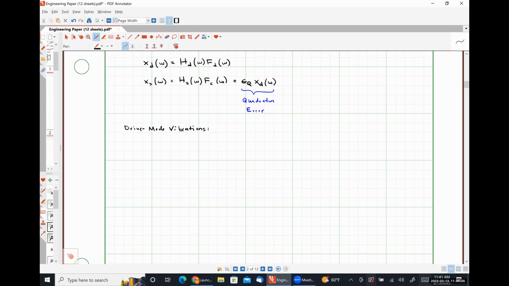So in MEMS gyroscopes, the drive mode is usually excited at the mechanical resonant frequency of the drive system to maximize the displacement and therefore the experienced Coriolis force while minimizing the power input and energy consumption of the device, right? So effectively, if we excite this system at omega naught D, we can put in the smallest amount of energy to get the largest displacement out of it. So at omega equal to omega naught D, our drive mode transfer function